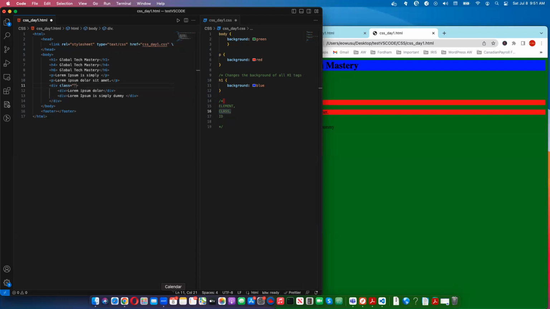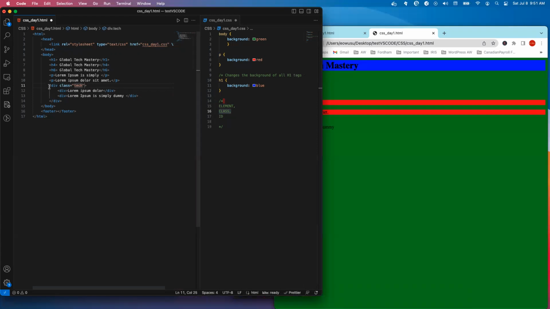So the way that class works is that just give it any name that you want, any name. Because it's an identifier. You are trying to give it a name so that you can call it by name. So I can call this, say, tech. Any name that you want. So this div, if I want to reference only this one here, I'm gonna call it by this name, tech. So now that I have this, I can